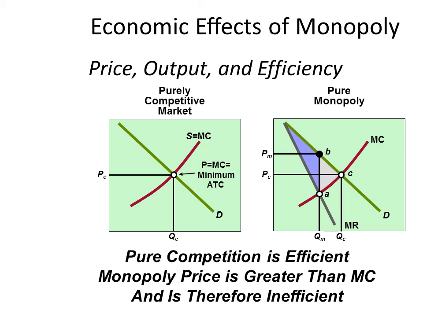So this firm and this industry is failing to achieve efficiency from the standpoint of allocative efficiency. Why? Because not enough of the product is being produced. Likewise, there's no incentive for this firm to seek out the least cost method of production, and price is above a purely competitive market situation. This means we're not achieving productive efficiency. That triangle, ABC, represents efficiency loss to society.